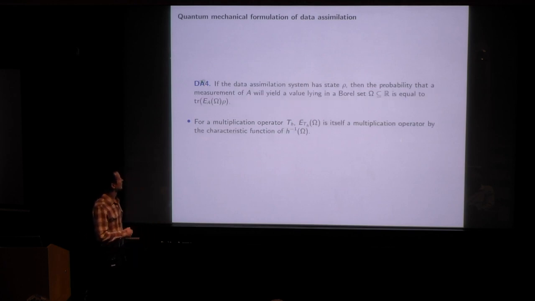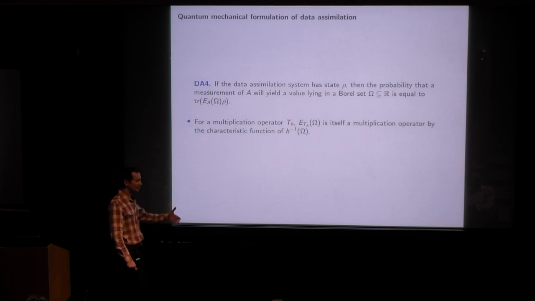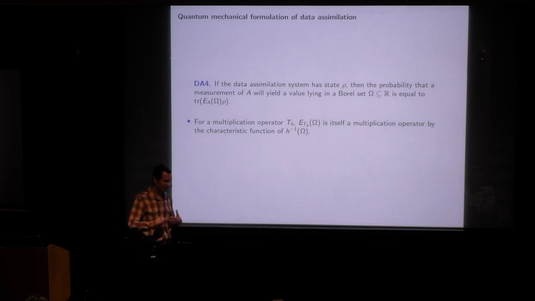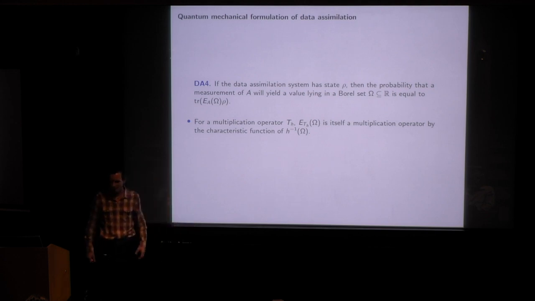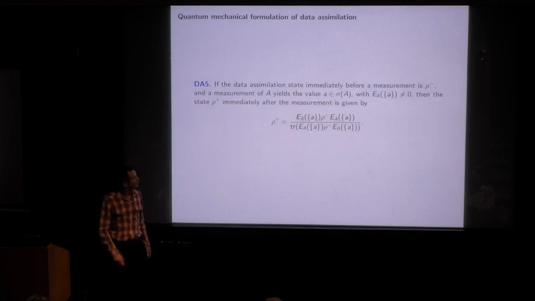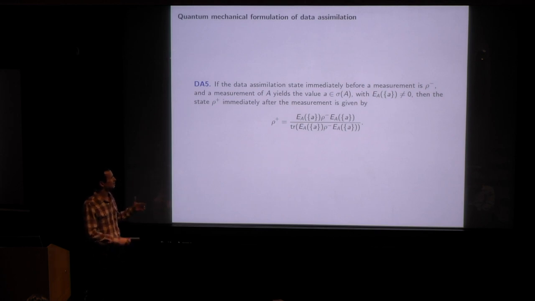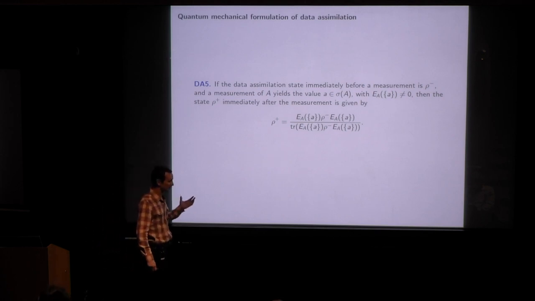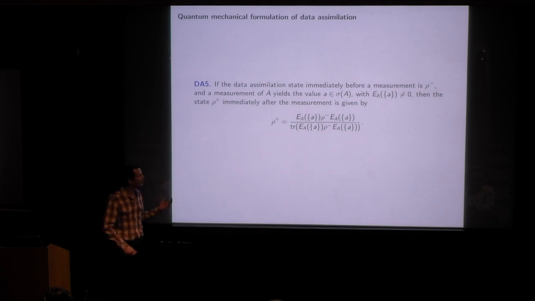So, and then there is a procedure that allows us to compute probabilities. So this is an intrinsically probabilistic framework. It operates on probability distributions intrinsically. Its output is going to be probabilities of events to take place. And there's a simple formula that allows us to compute spectral measures and probabilities, specifically when we're dealing with multiplication operators. So finally, there is the update rule, which replaces, as before, the Bayesian update step by projective dynamics acting